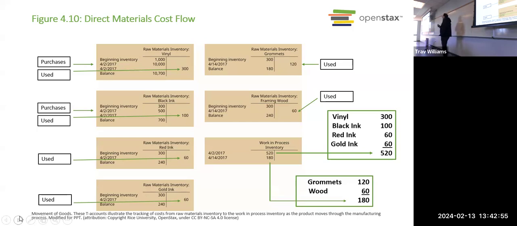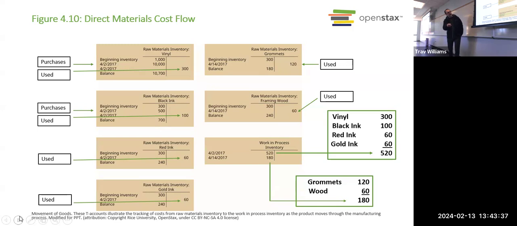The accounting department is going to have to first journalize the transaction and then update the accounts in the ledger, right? So if originally at the beginning of the period, we had $1,000 worth of vinyl, and then we purchased another $10,000 worth of vinyl, but then $300 of vinyl got transferred from the storeroom onto the factory floor. And then we can see the remaining balance, how much vinyl we still should have in the storeroom, right? So we're tracking every single account. Now, it came out of the storeroom, but where did it go?